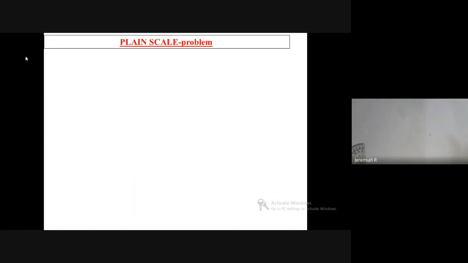So based on plane scale, just note on this. My screen is visible, na? See, Loba? My screen is visible. Yes, sir. Yes, sir. Okay, just note on the problem. After that, you have to pin my mobile.